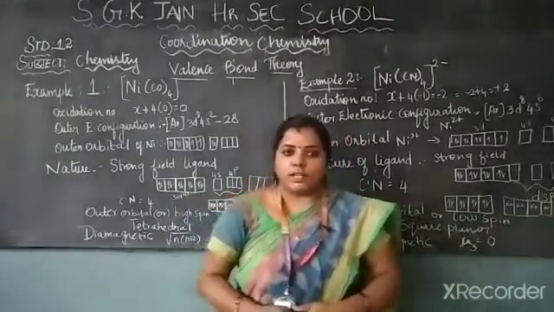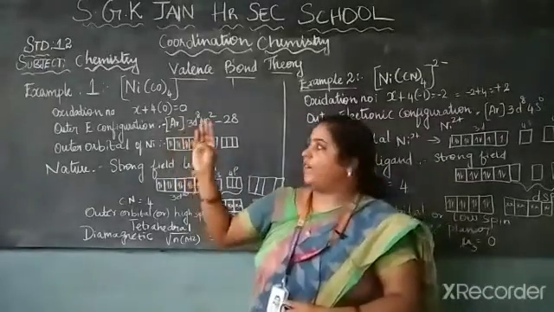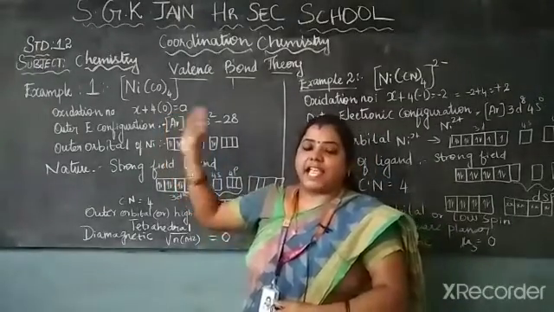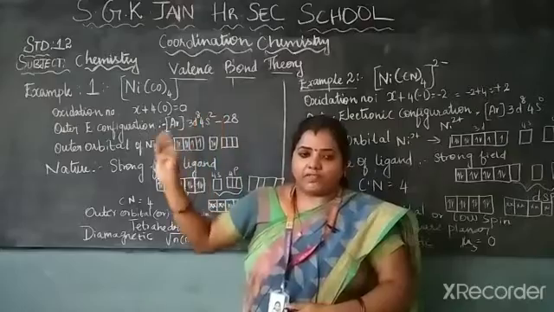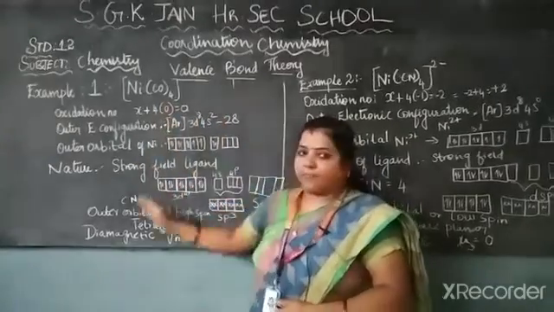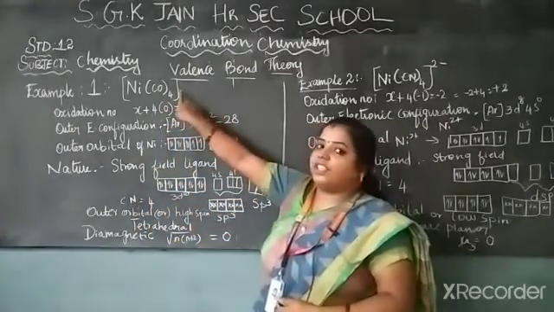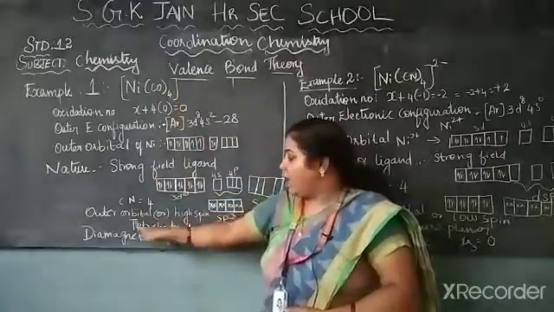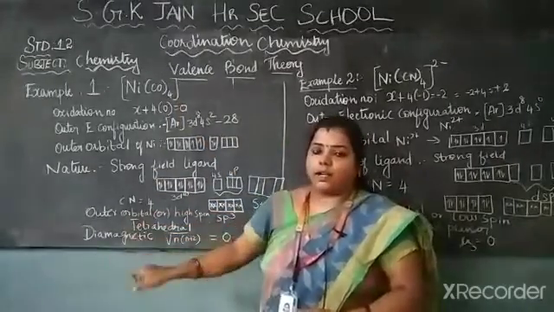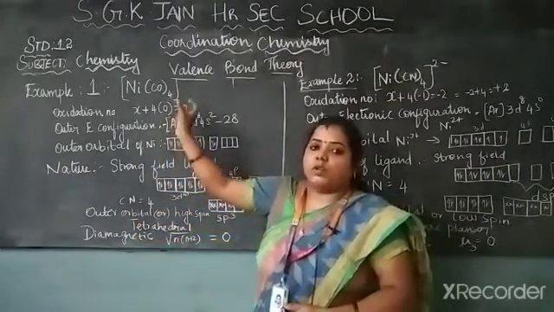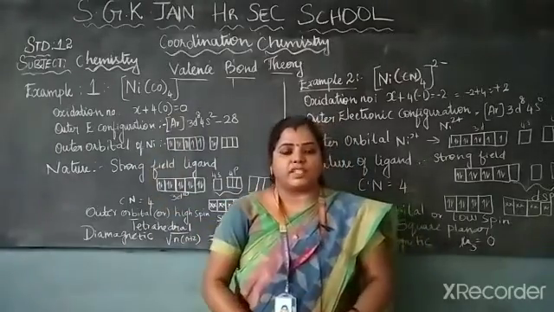So in this lesson we have discussed valence bond theory as well as examples of it. From this we can expect these types of questions, or they may directly give the compound and ask whether it is outer orbital, tetrahedral, or what the geometry is. We can expect these questions even in 1 mark questions. Thank you.